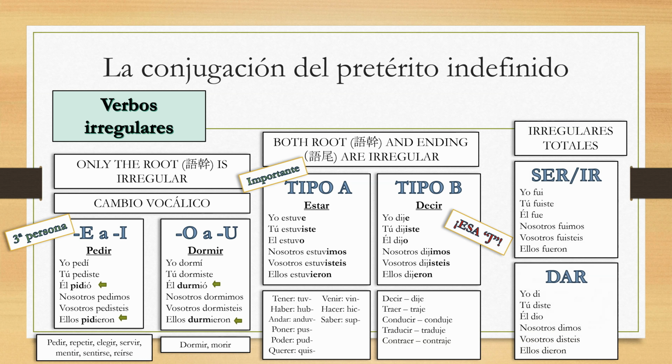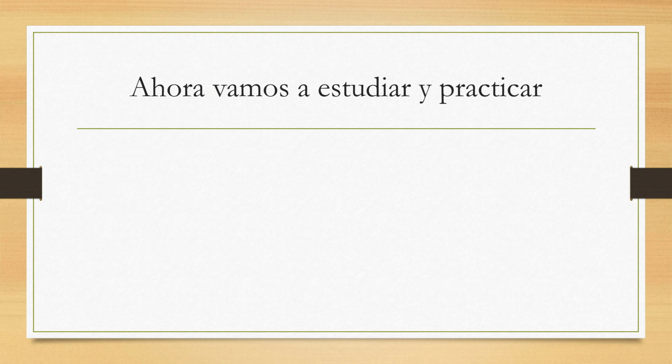Verbo dar, yo di, tú diste, él dio, nosotros dimos, vosotros disteis y ellos dieron. By itself it is irregular total because it's not following the rules for regular verbs and it doesn't follow the rules for any of the other irregular types. Now it's time for you to study, review these conjugations, and try to do the quizzes